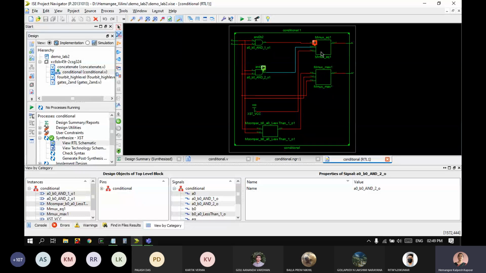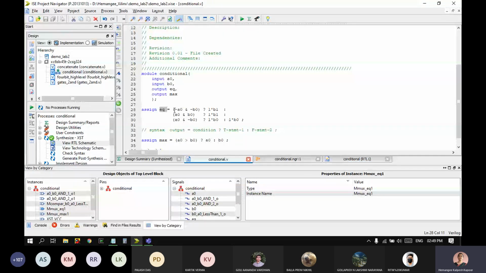And I am going back to my Verilog file just to understand what has happened. This is the EQ module. In the equality checker, I'm giving the output 1 if both of them are 0 or both of them are 1. I have got 4 options, so it is going to synthesize a mux out of it, and exactly one option will be true.